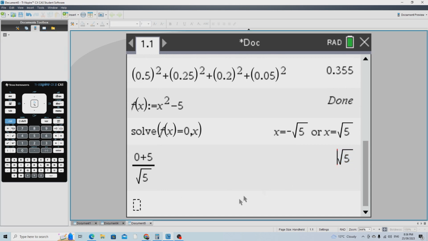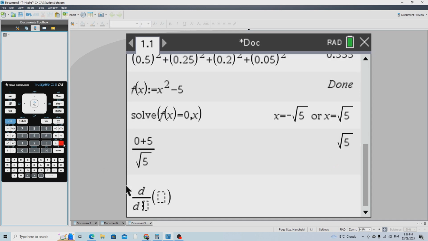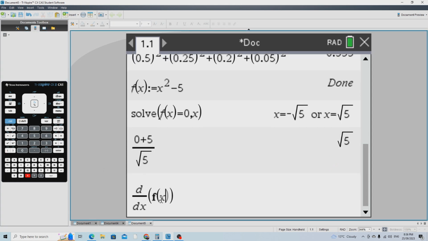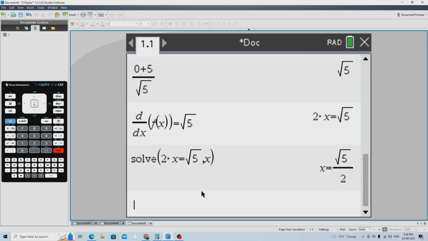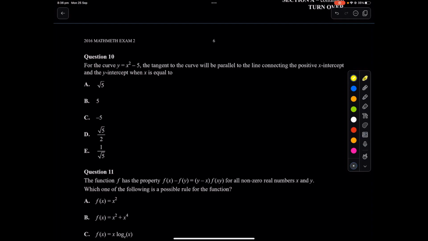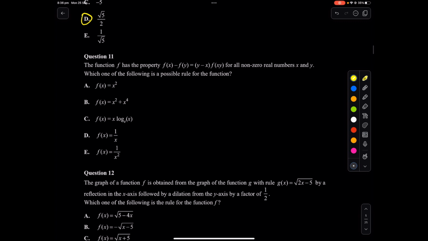And now it's easy to calculate it. If we find the derivative of f of x and equate it to the answer, we can solve for x, we get this. That should be it: the tangent to the curve will be parallel to the line connecting the positive x-intercept and the y-intercept when x equals root 5 over 2. Choose D. Question 11. The function f has the property f of x this for all non-zero real numbers x